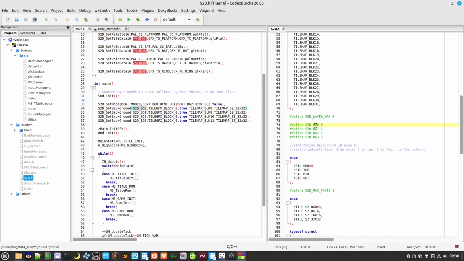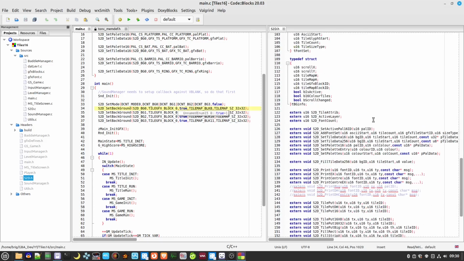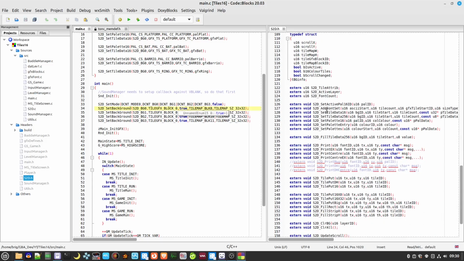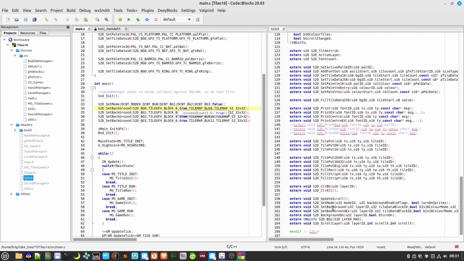So this simply passes these numbers in here. And then we say which tile graphic block we're going to use. We then say whether we are using 16 color tiles or not. So if you go to here and have a look at these here,